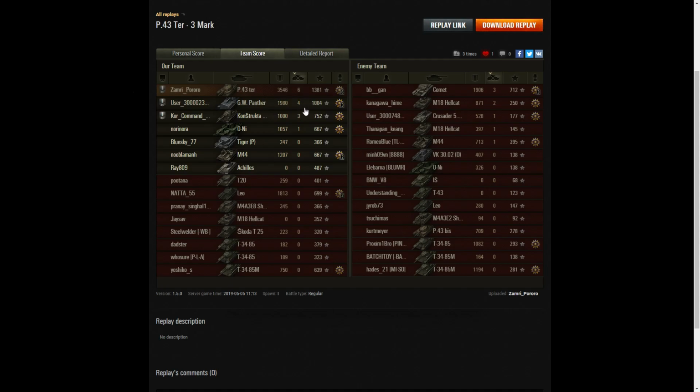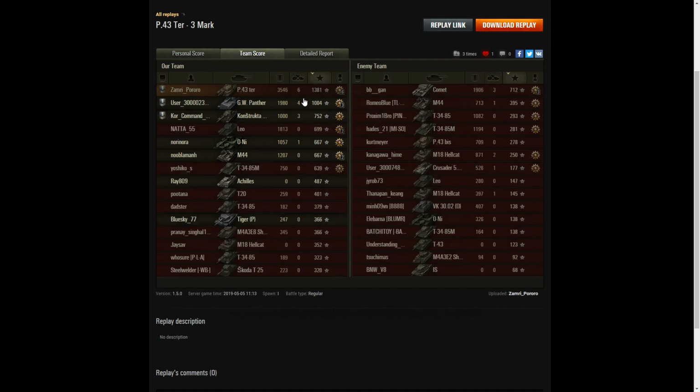The next highest scorer was the GW Panther with 4, and then the Constructor with 3, and the Comet on the enemy team with 3. And when it came to base XP, he's got the top in all 3 columns. 1,381 base experience points, 1,004 for the GW Panther, and 752 for the Constructor. Very well done indeed. You can see the only other guys on the team to actually get a kill were the Oni, who managed to get 1 kill, and yes, the Tiger P, who's showing us 0 kills, but